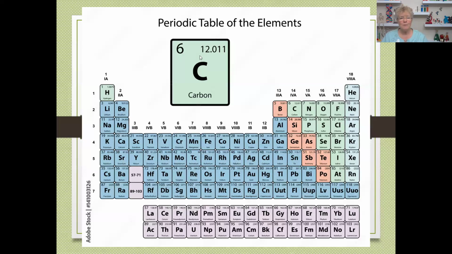All right, take a look where carbon is on the periodic table. What group is it in? What group number? Isa? Still not hearing you, Isa. 14. Wick? Yeah, it is in group 14. What's the name that we give to all the elements in group 14? Wick? The carbon group? Yeah, we call them the carbon group. All right, so how many valence electrons does carbon have?